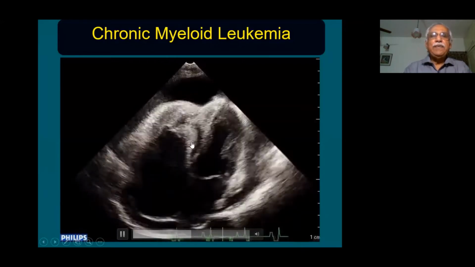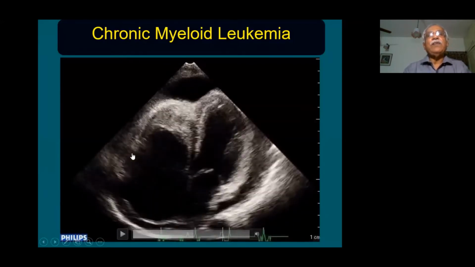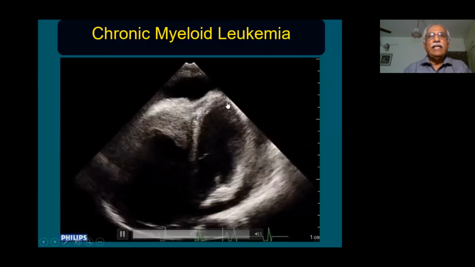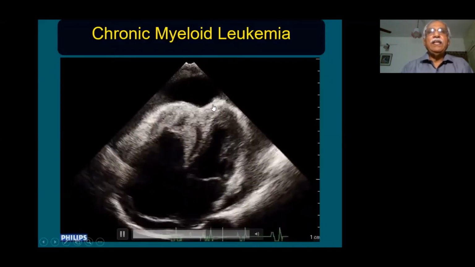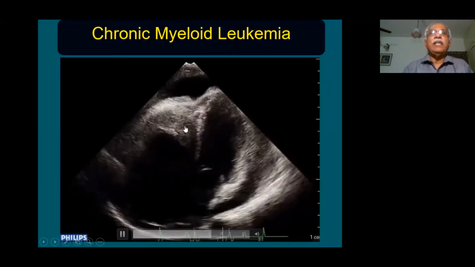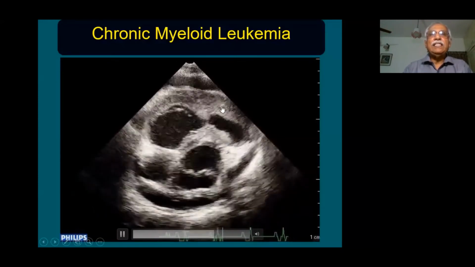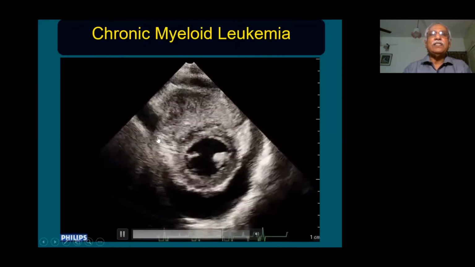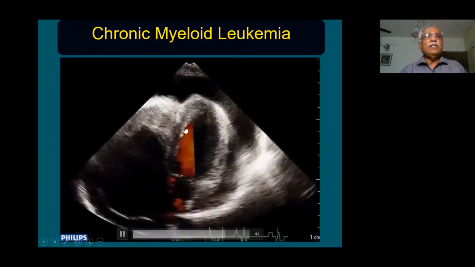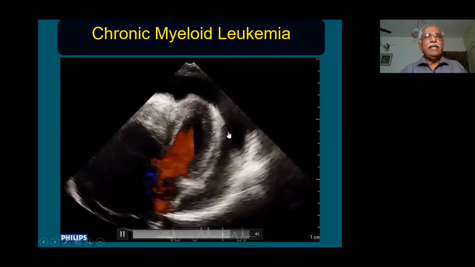If you take this picture, this is typical of right ventricular endomyocardial fibrosis. Or it can be another one, the hypereosinophilic syndrome. In this patient, it involves not only the inflow tract, it also involves the outflow tract. The outflow tract is never involved in endomyocardial fibrosis. You can clearly see dense echoes inside the right ventricular outflow tract. So this rules out endomyocardial fibrosis.